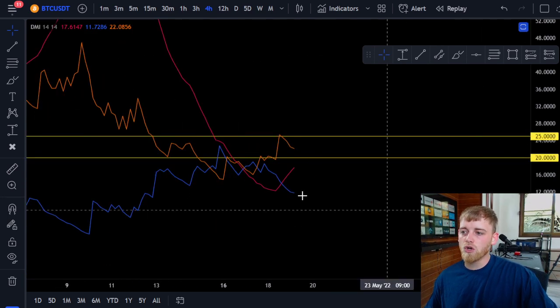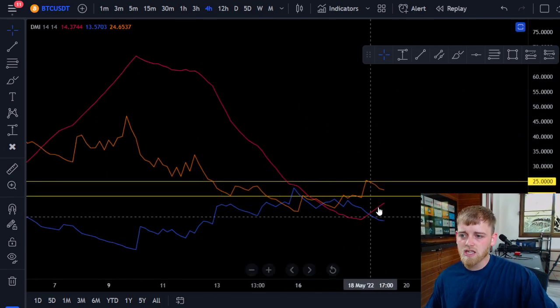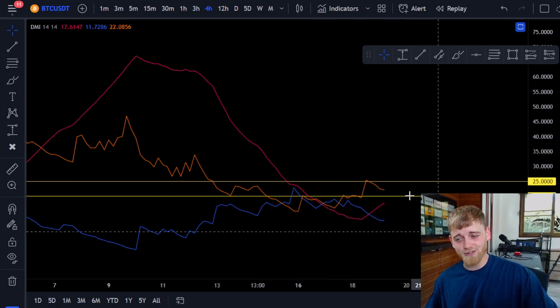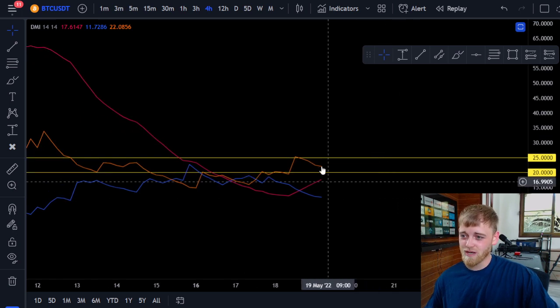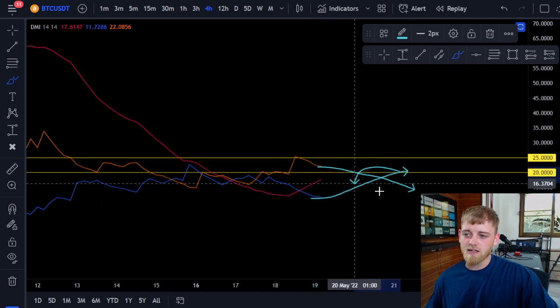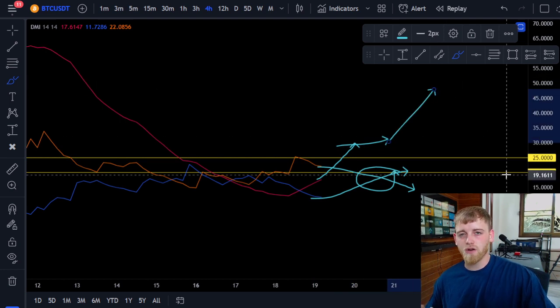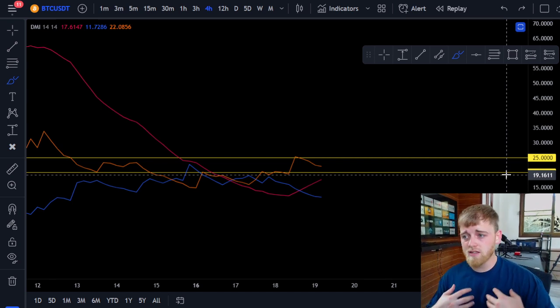Bit of positive news on the DMI, the Directional Movement Index, guys. You can see the ADX is actually coming up quite rapidly here. Yes, annoyingly, it is on a short signal, right? Quite annoying, but hey, that's absolutely fine at this point because we are getting ever so close to a bullish crossover, guys. A nice little bullish crossover. If we can get that with the ADX above 25, that's going to signify a very, very nice uptrend here for BTC. But hey, if it doesn't, and we do see this downtrend actually continue,